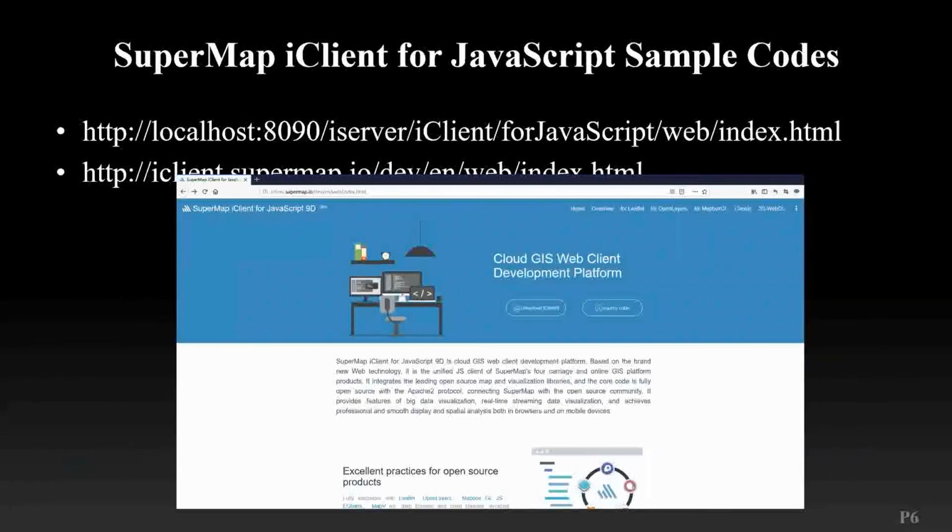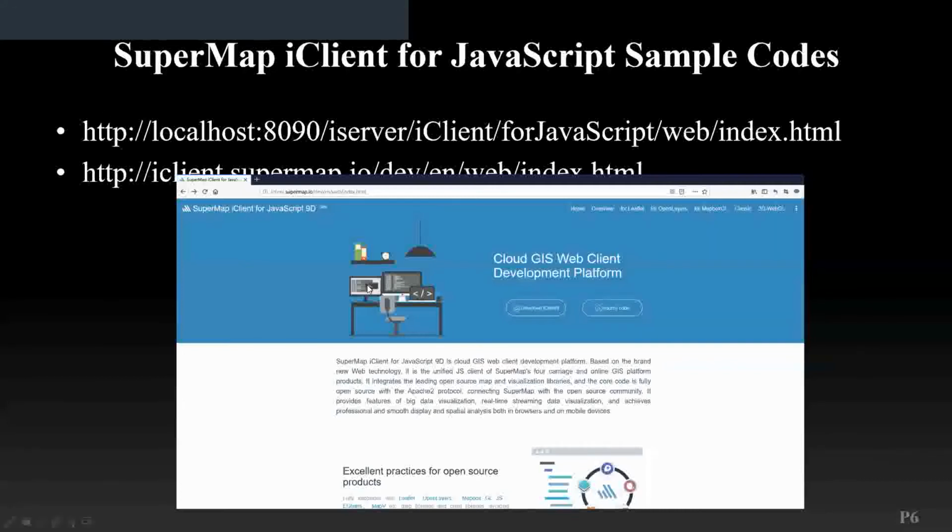And this is how to access the iClient. First, in our iServer page, do you remember on the iServer page on the top there is examples or samples, right? If you are using the full package, you can click it to get the samples of iClient, and also you can access our link of iClient, which is